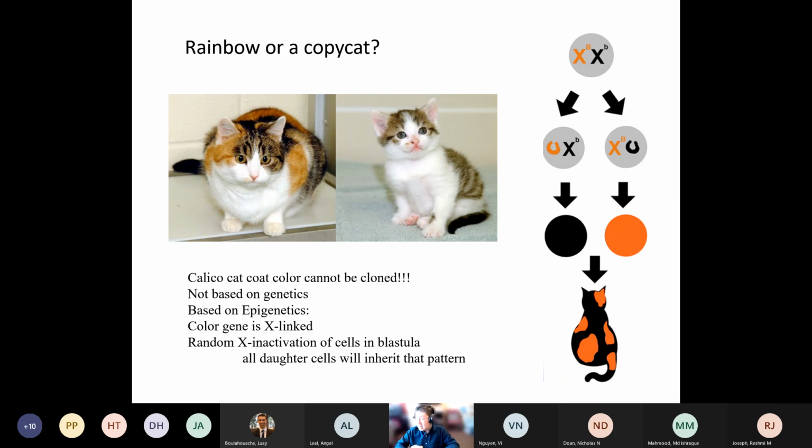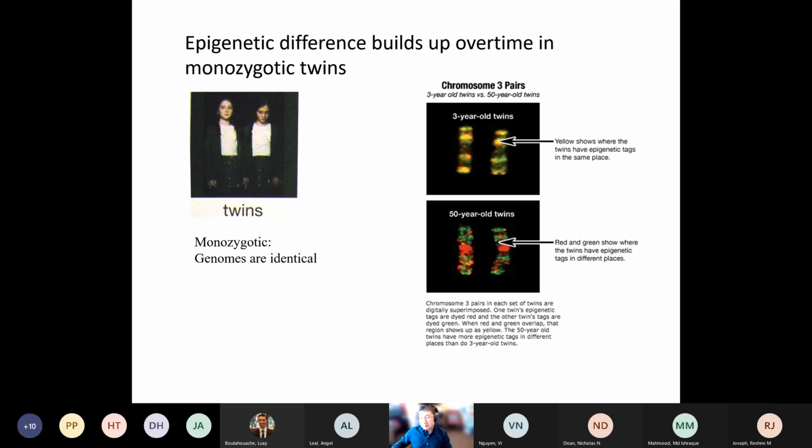So this X inactivation is a kind of epigenetic regulation. So as you can see, the genes won't change. The DNA sequence will remain the same. Throughout this cat's body, all the DNA sequences are the same, no matter which tissue we're talking about. But apparently, they have different color code patterns. The only difference here is that gene expression is somehow modulated. So that's the first example.